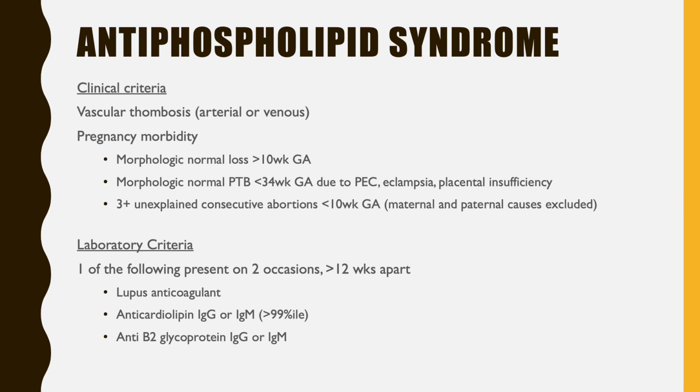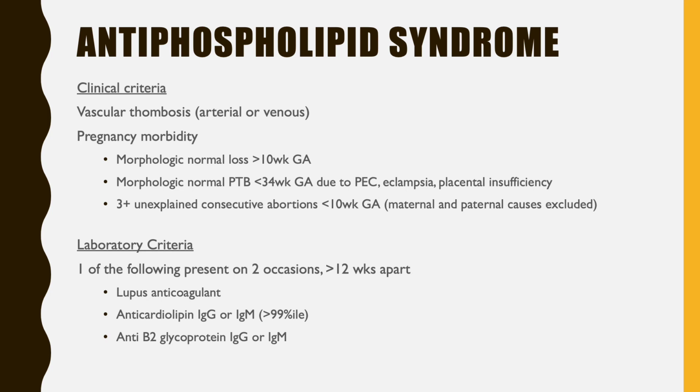Notice that this definition is a little bit different than the definition on my earlier slide, so we are going to likely start this workup after 2 or more losses based on our definition of recurrent pregnancy loss. We already reviewed the laboratory criteria on my prior slide that we need lupus anticoagulant, anticardiolipin, IgG and IgM, as well as the anti-B2